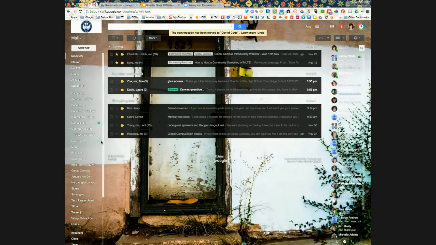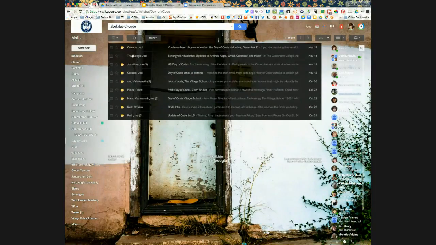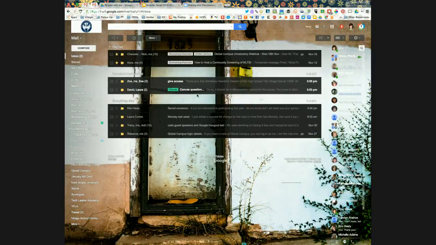Here it is now over in the box. I can go to this Day of Code and I can see it inside there. There's that email right there. So it's now inside that label. It's archived, which just means it's in the big box of Gmail, and it's also got a blue label on it. I can move it back to my inbox too if I want,